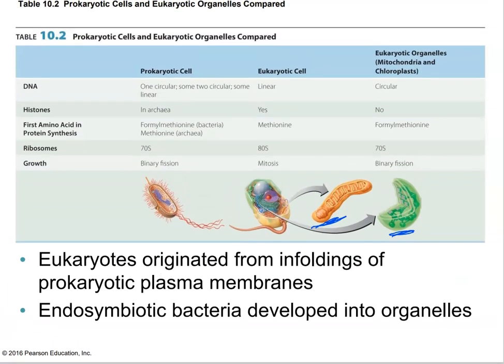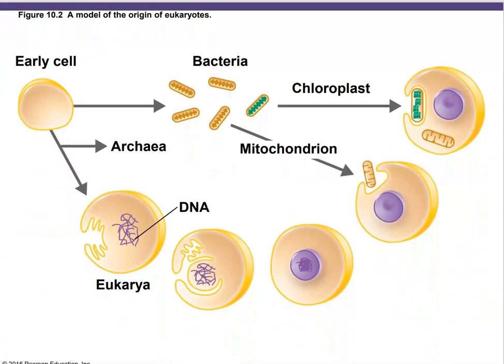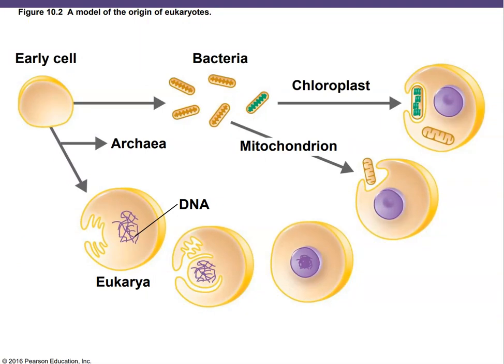The reason why we think this endosymbiotic theory is true is because both chloroplasts and mitochondria have their own DNA, a circular piece of DNA that resembles that of bacteria. And you can do sequence comparison, you can really show a lot these days. Here, I feel like this is a very similar picture to what we had in the previous lecture. The endosymbiotic theory says there's this ancient cell, the early cell. They were branching off into the 3 domains. So we have the bacteria, then the archaea that started together with the eukaryotes for a little while and then branched off, and then all the eukaryotes.